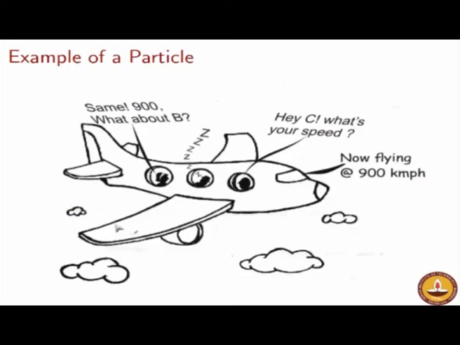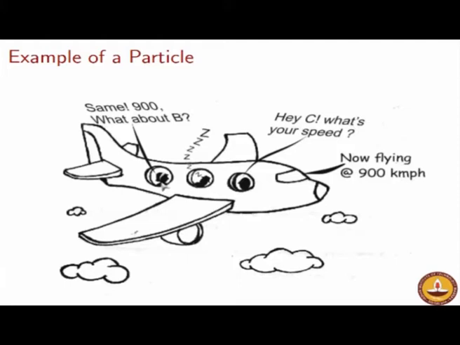So here is a nice cartoon drawn by my student about an aeroplane flying. So definitely by the size of it you can understand that the aeroplane is by no stretch of imagination a small sized object, it is a fairly large sized object. So particle does not mean a small size object, but when the pilot does announce that we are flying at 900 kilometer per hour, every passenger here does have the same speed. If the aeroplane is flying at a constant speed, as I had demonstrated with this piece of duster, the same thing is happening in this aeroplane.